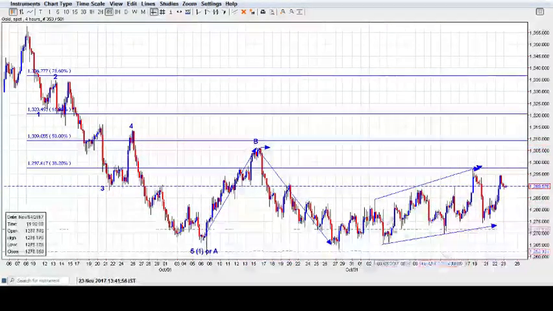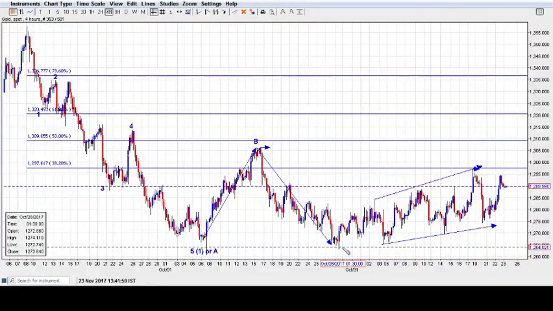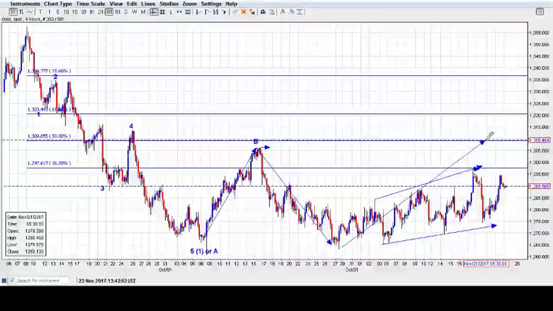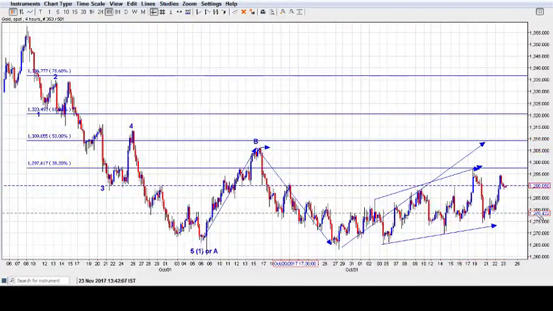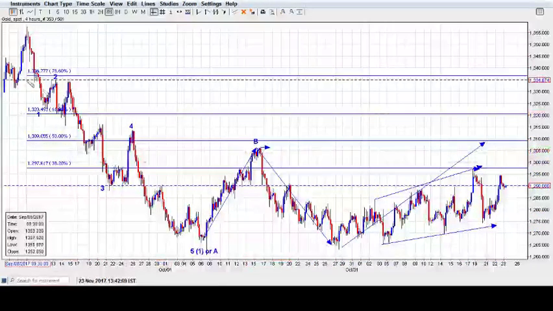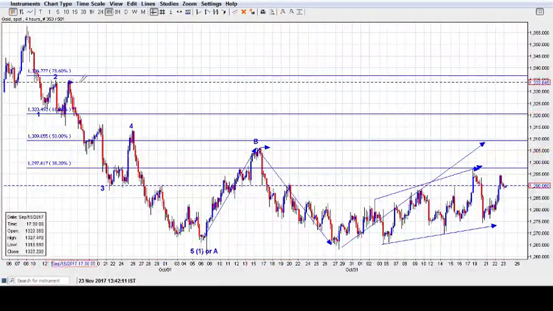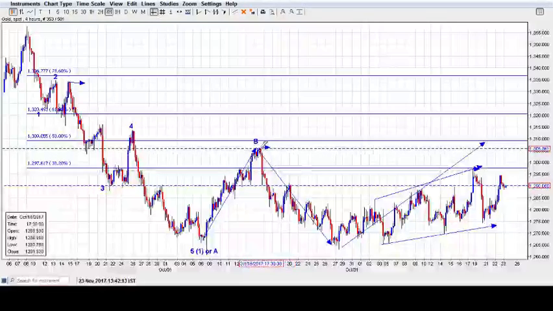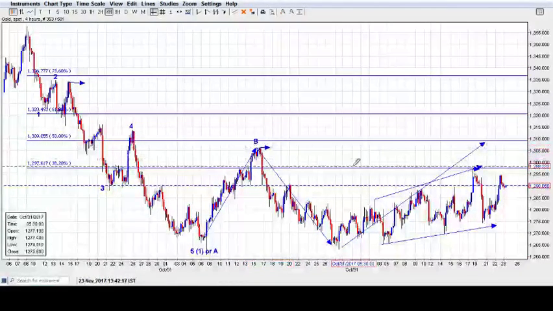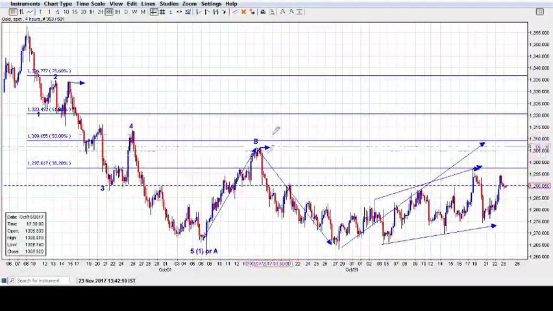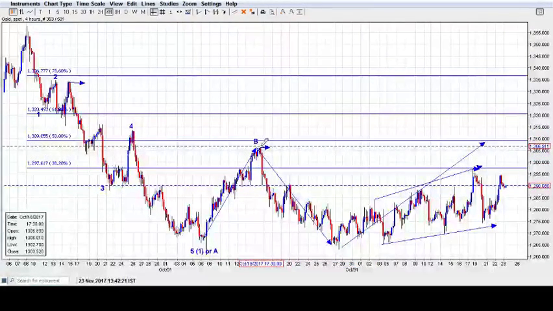worst case scenario, or as an alternate count, prices may retest somewhere around 1306 levels or maybe 1307. It makes no sense to place your stop loss somewhere higher than that resistance. We are considering 1306 as a strong resistance for now, and we like to keep the stop just above that.